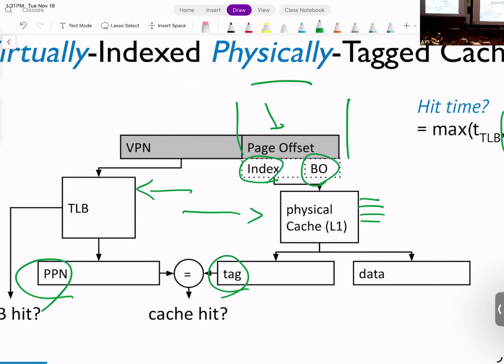So we check the actual physical address because things that are stored here are based on physical address, right? So at the end of the day, we check the physical address to make sure that these are the match. If it's not a match, then it's not in the cache. Yeah, you bring it from the page offset. If you make the correct decisions, then you save time. If you didn't, then that's fine.